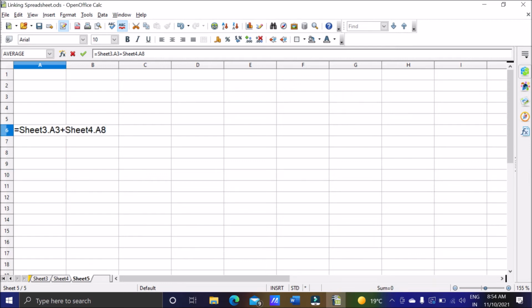I got both the references, and then enter, I got the answer. If I make any changes to this one, suppose instead of 78 I make it 80, it will be reflected here. It should become 169. Let's change it. So it has become 169. This way we can see we are referencing multiple cells from multiple sheets.